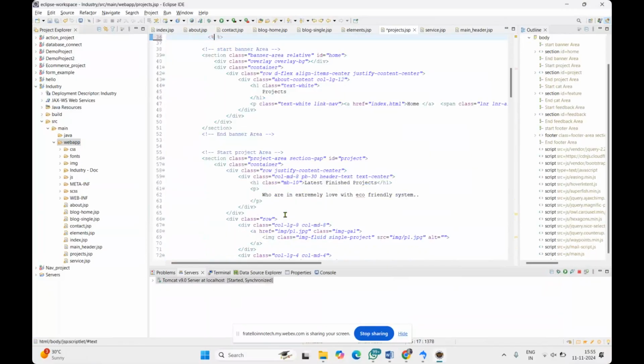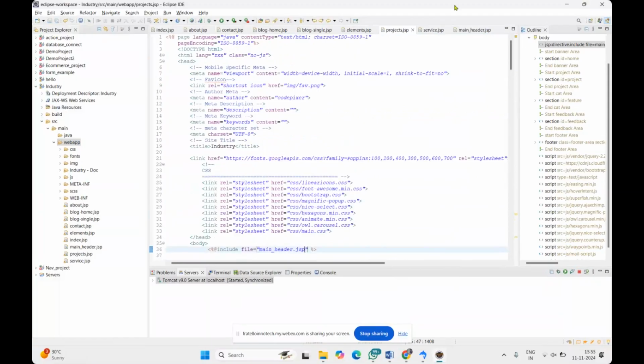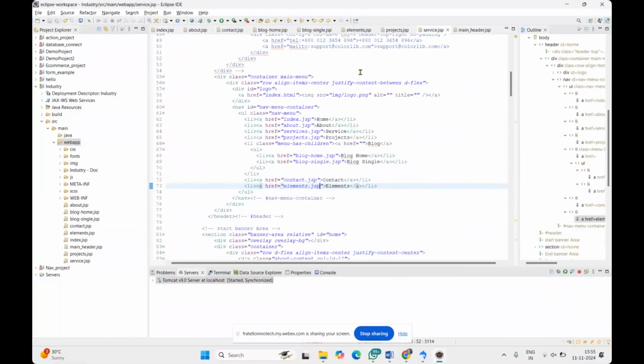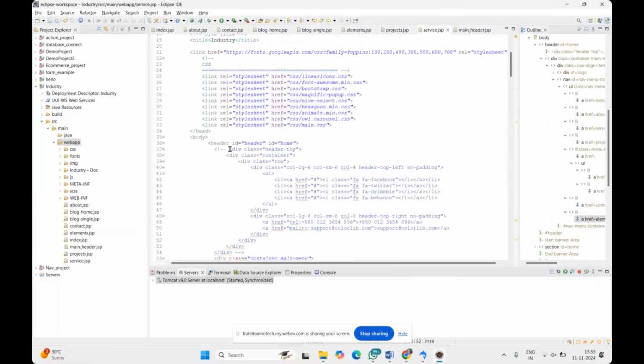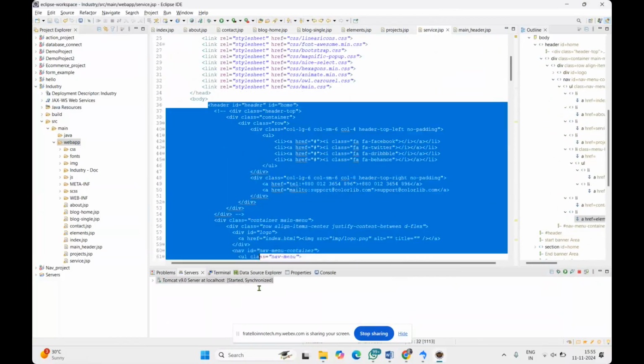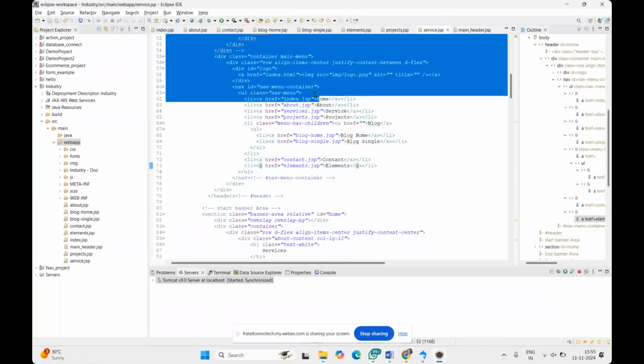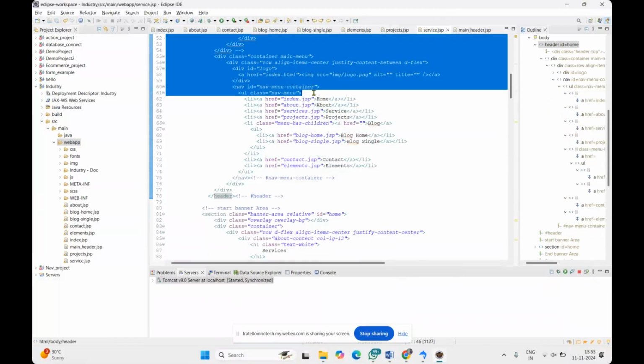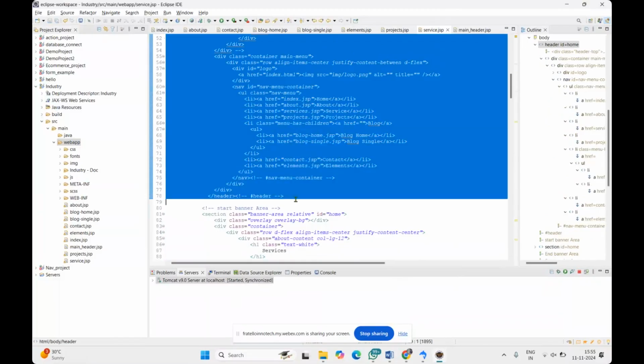Okay, and in the projects also, include file equals to main header dot JSP. Okay, same for the services also. I have changed here from HTML to JSP pages, but I am removing it and